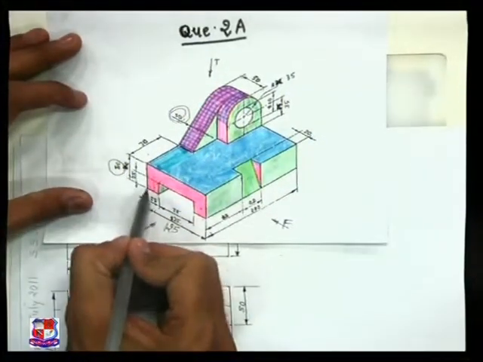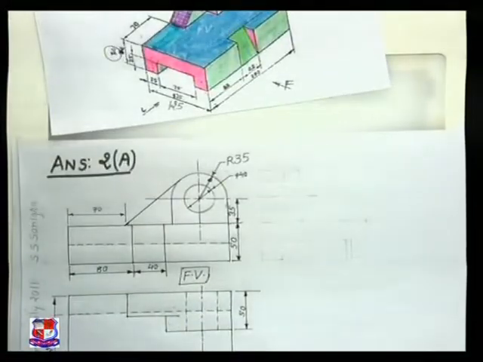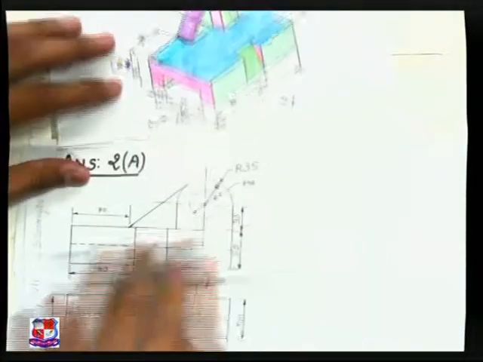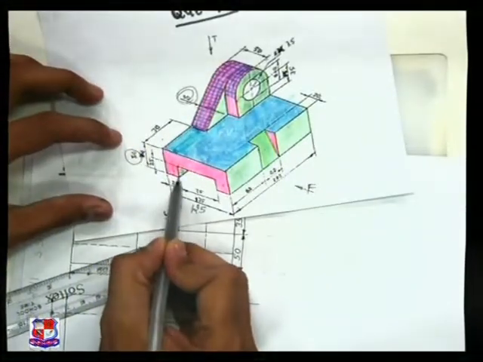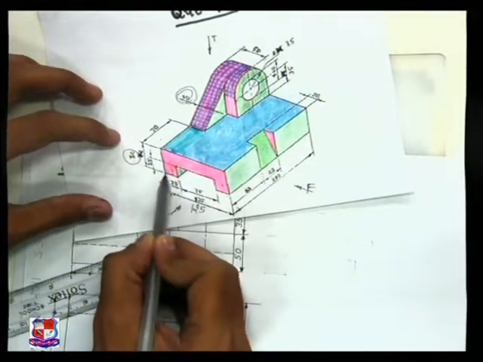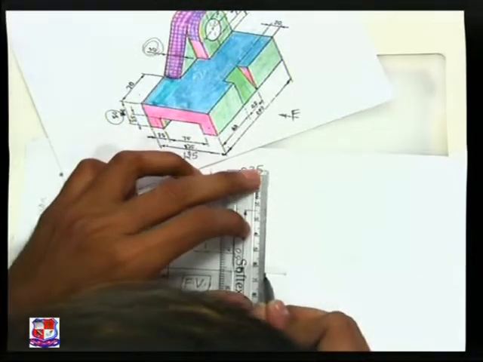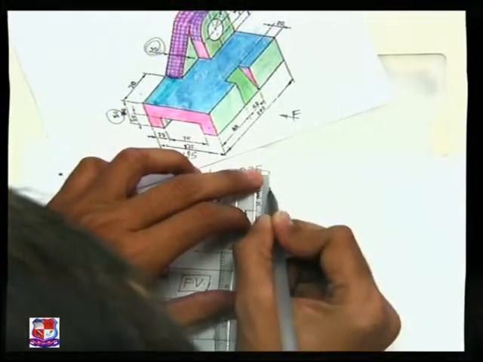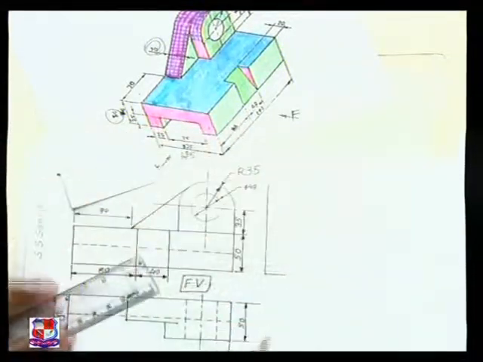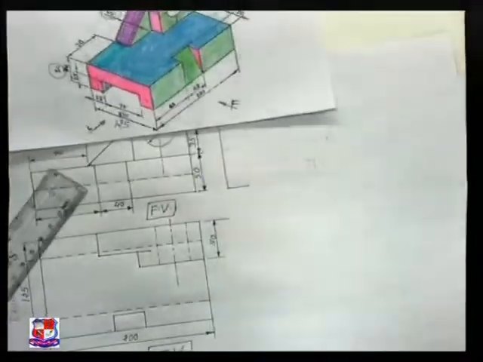So first we start from here. What should be the width? That is 125 width of this. So draw a line of length 125 over here, and this width is given 25, this height is given 25. So from here 25 in this direction and 50 on this side. So draw lines like this, and 25 on this side. It would appear like this.